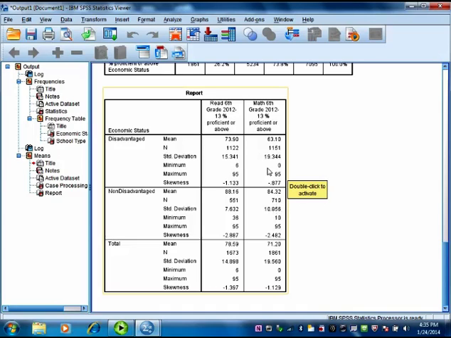That means there's a larger dispersion for the disadvantaged. And also the skewness data, you can look at it here, and it's much more negatively skewed for the non-disadvantaged, which means the non-disadvantaged students have a higher peak on the higher-score side than the